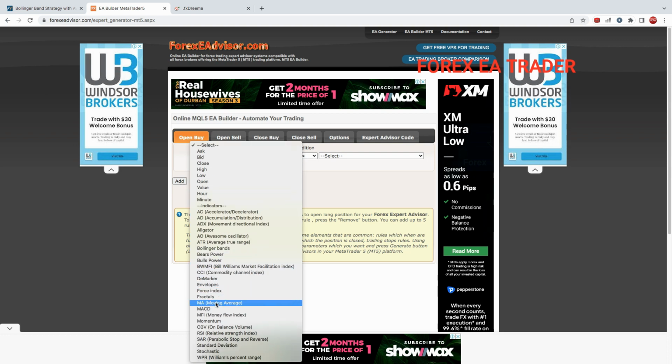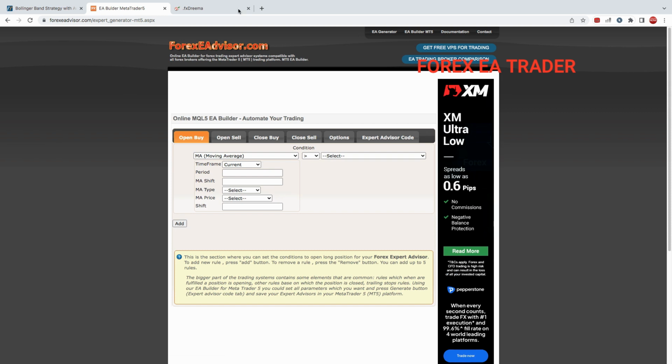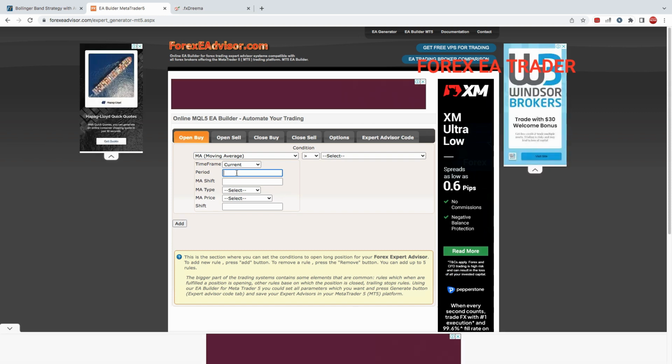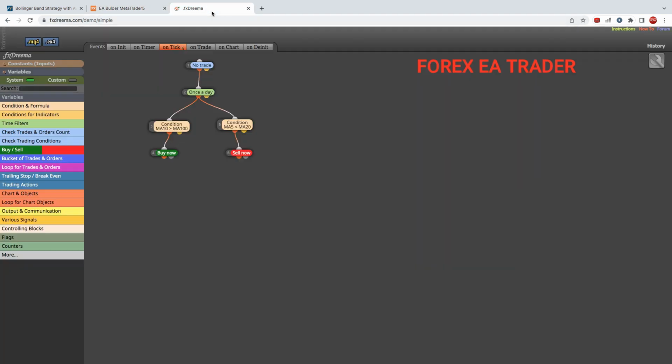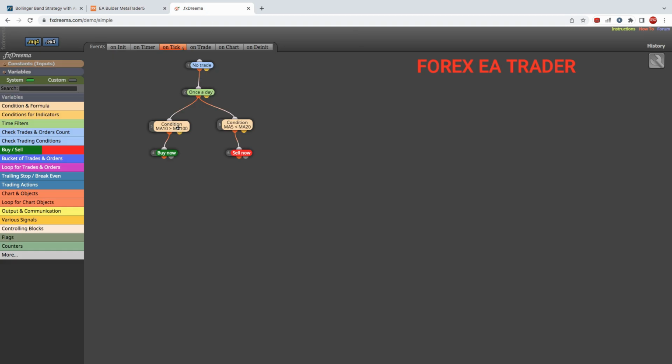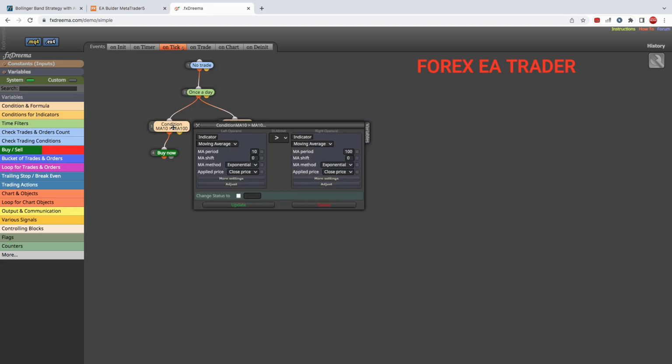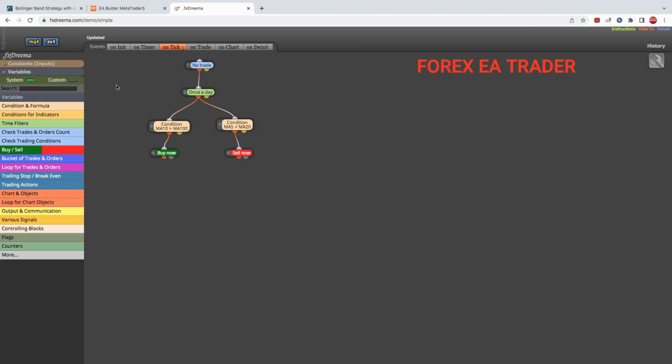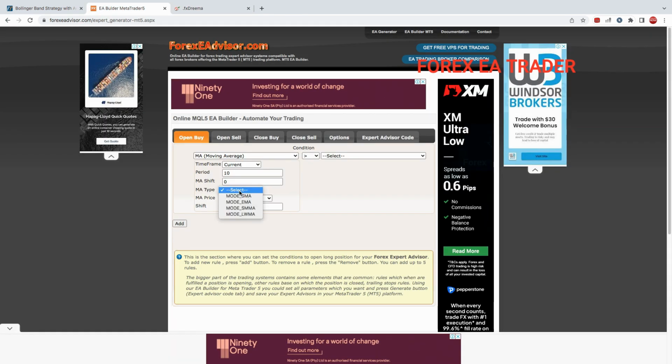They also have a good number of indicators like you find on FXDreema. Then we set the period. We said 10. It needs a shift, we just keep it at 0. Moving average type, let's see what they have here. It's probably simple, it's exponential. It's actually exponential. So you come here and you say exponential, EMA,